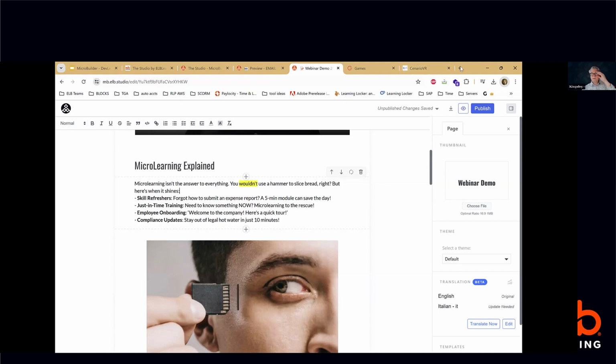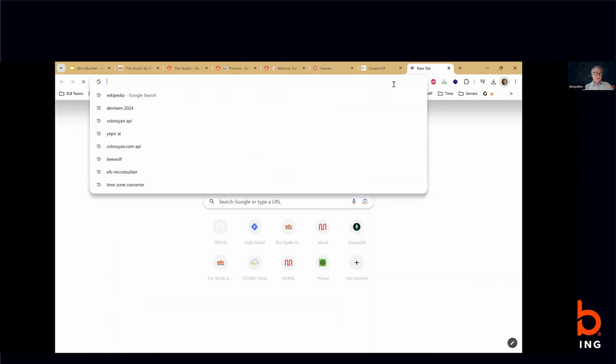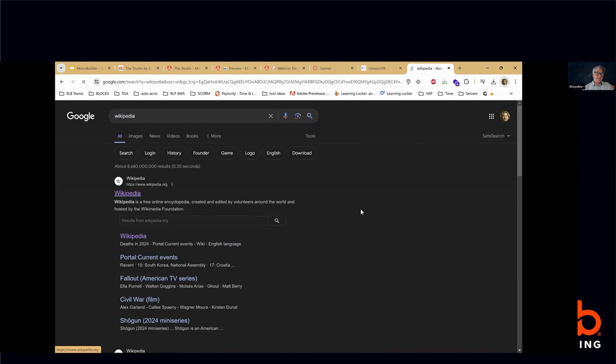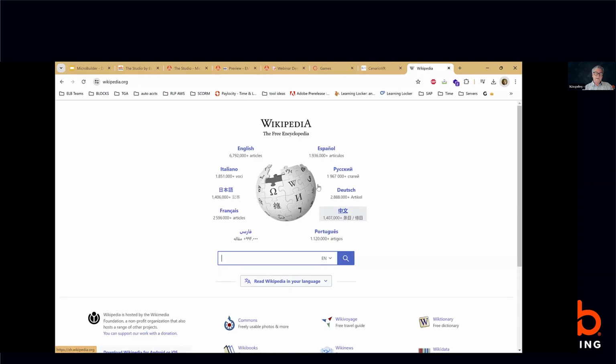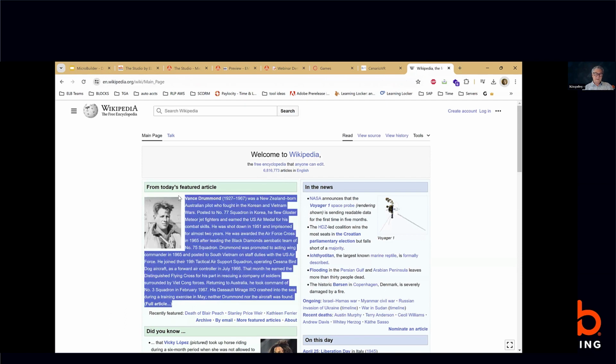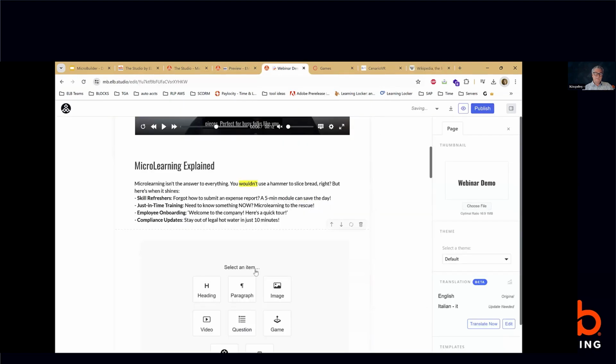Let me just pull up real quick. Let's see, we'll go to Wikipedia because I just want to show that it also works great for copying and pasting stuff. So if I come in here and just grab that text, if you already have documentation somewhere and you want to bring it in here,